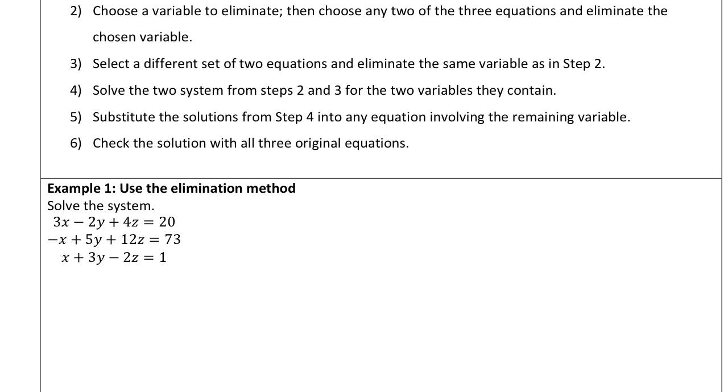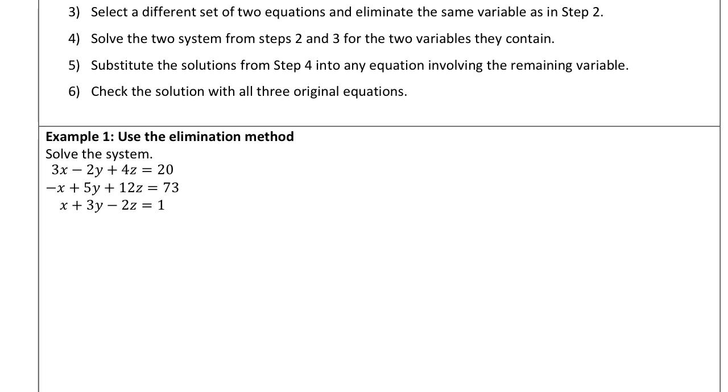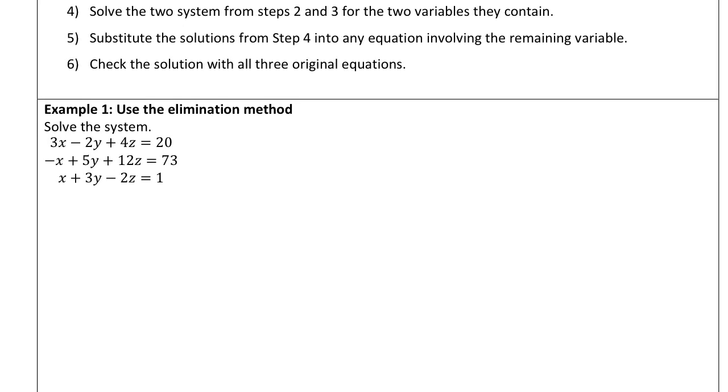Choosing a variable to eliminate. So we'll talk about which variable is easiest to eliminate at first. And we're going to take 2 equations of the 3 and combine them to eliminate that variable. And then we select 2 different equations to eliminate that same variable as the last step. So the process of doing that, we get 2 equations